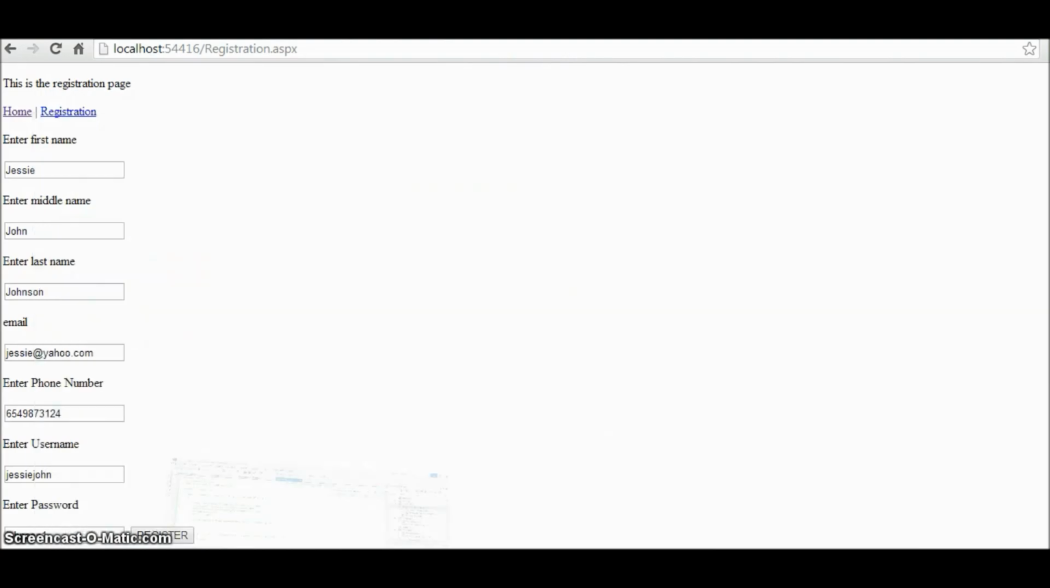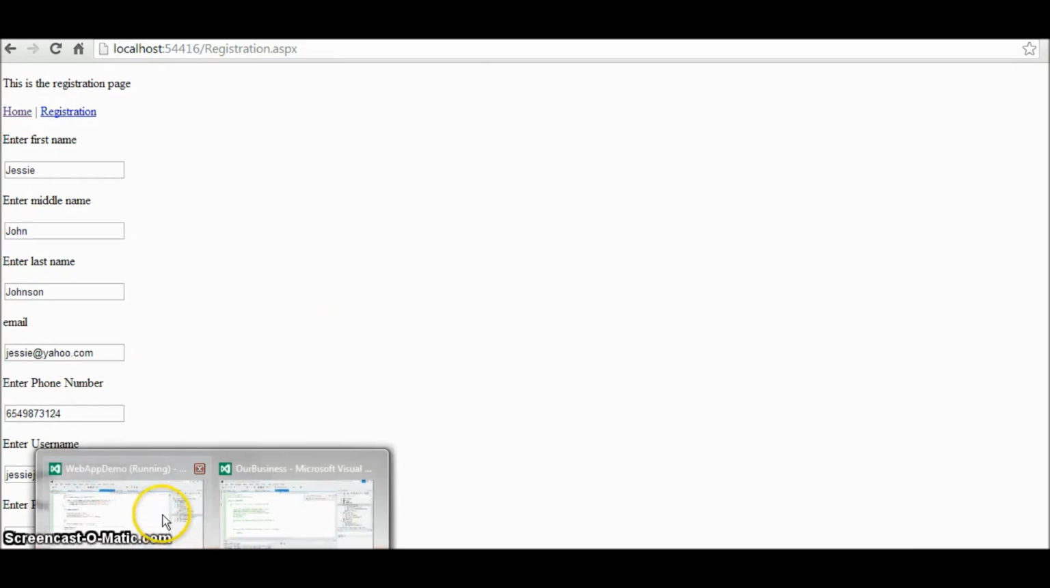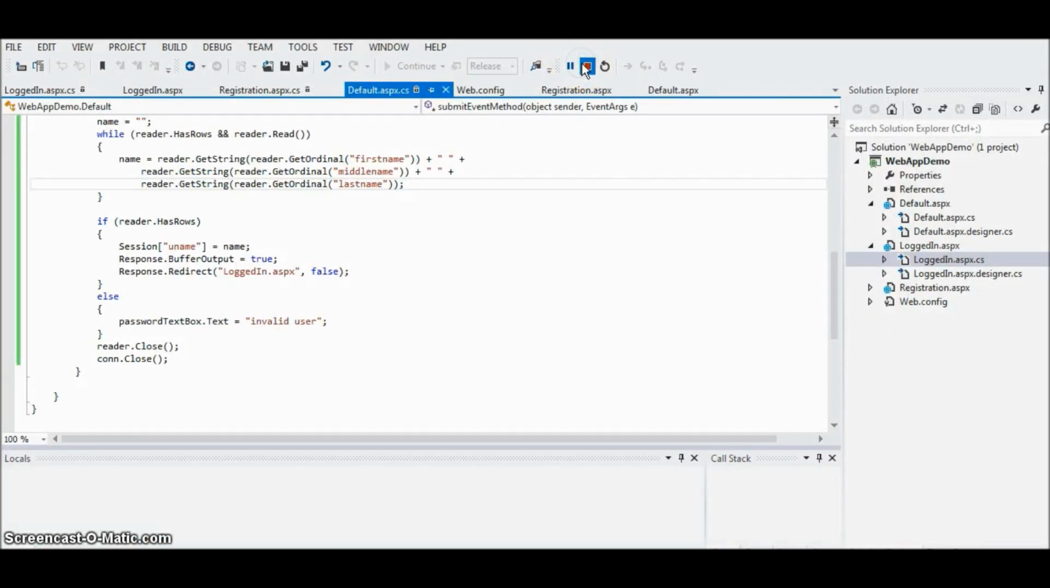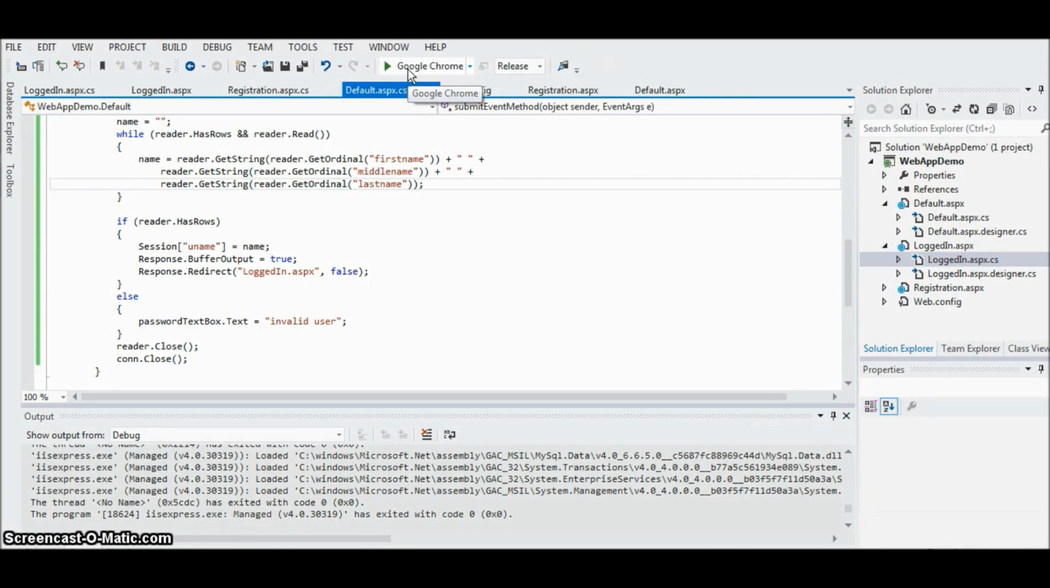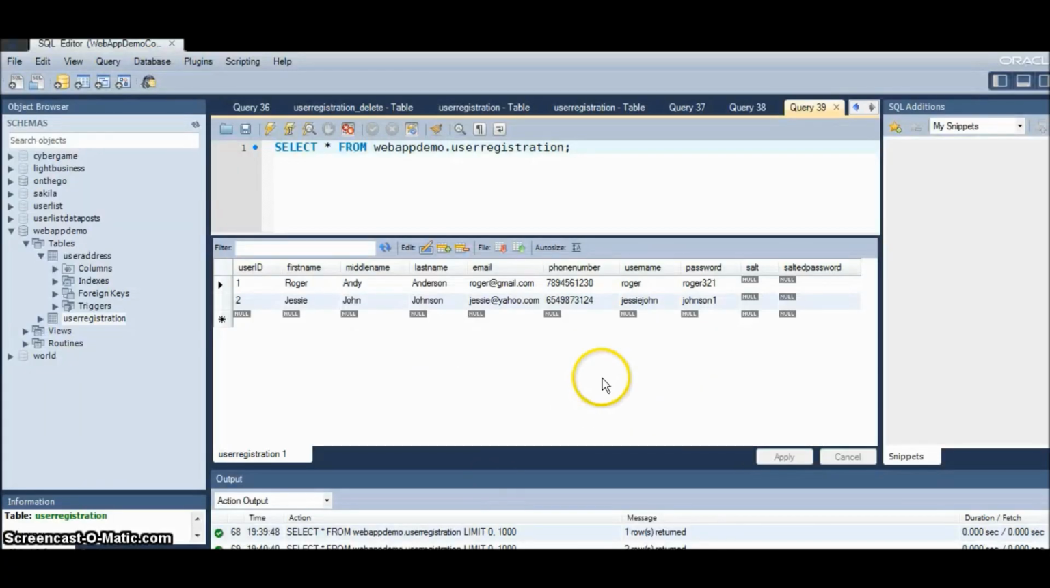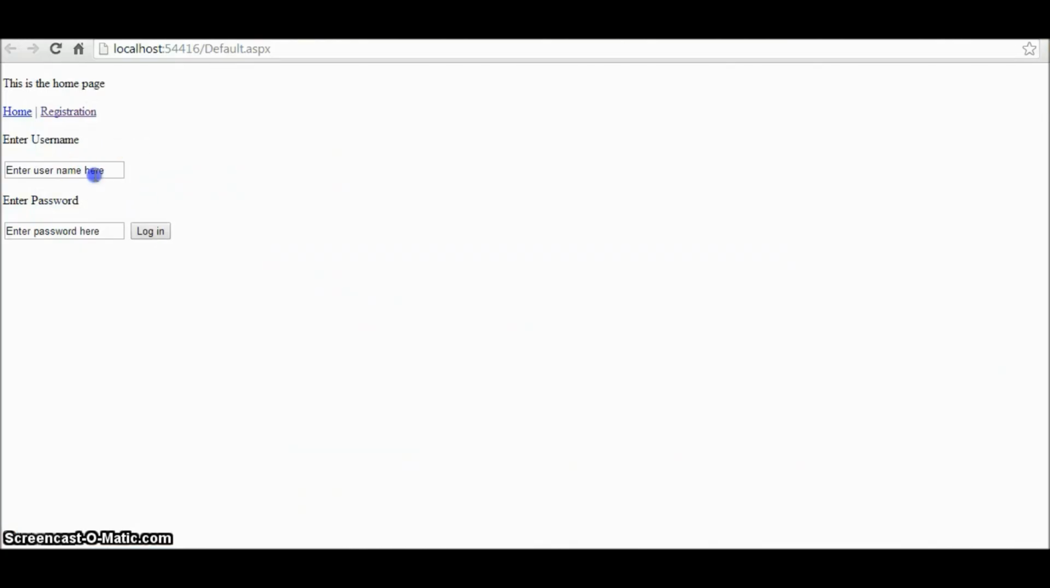Oh, don't want that one there. So let's just stop that. Typically you would have a logout button that I'll show later on, but for now, if you don't want to stop and restart, just stop the application and run it again. And the other person that's here is Jesse. Username is Jesse John, last name Johnson 1. So let's do